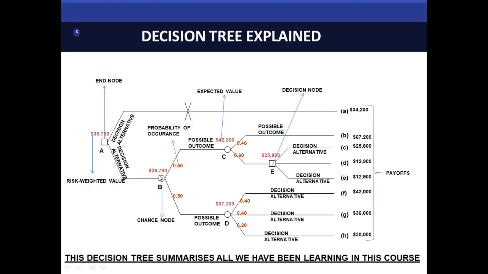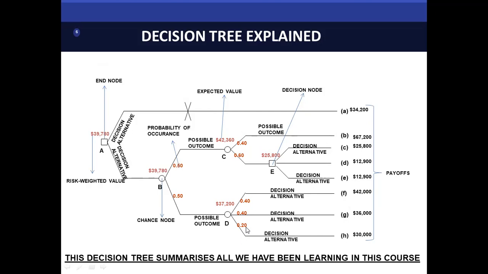Now, coming to the second chance node downwards here, which has a probability of occurrence of 50%, which is 0.5. The chance node D has three possible outcomes. The first possible outcome, which is additional alternative, has a 0.4 probability of occurrence. The second possible outcome has a 0.4 probability of occurrence, and the third possible outcome has a 0.2 probability of